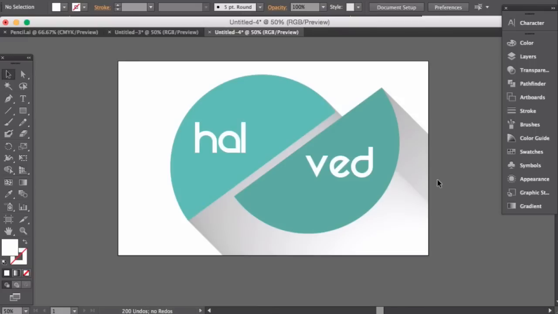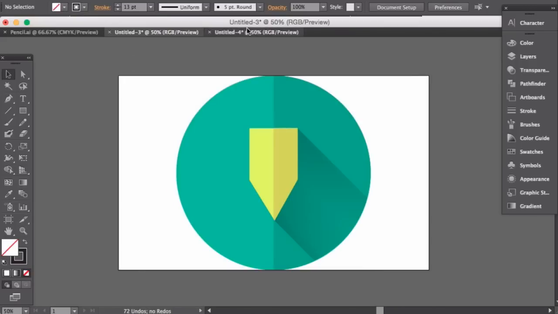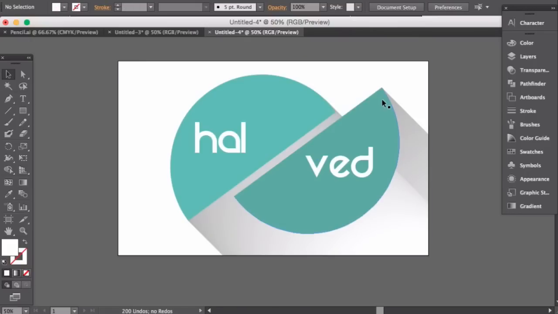Okay, so there we go. I created this logo to show that you can use the long shadows and the flat design for other things other than just drawing random shapes in Illustrator. This is a logo for a fake company I created called Halved. So pretty much what I did, if you couldn't tell, I took a circle, split it in half, and then put the font half in, and then I used the blending tool to make the blend for the